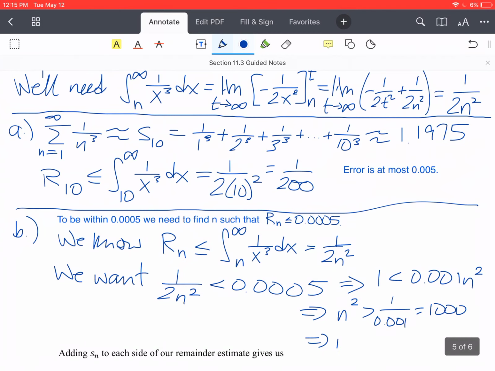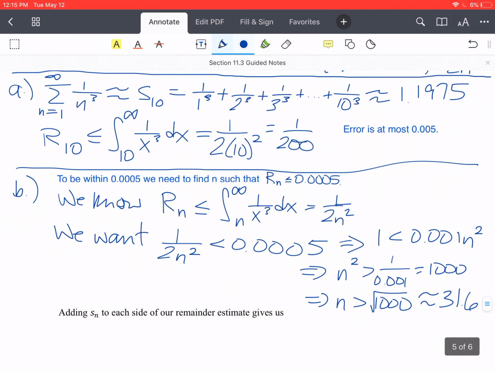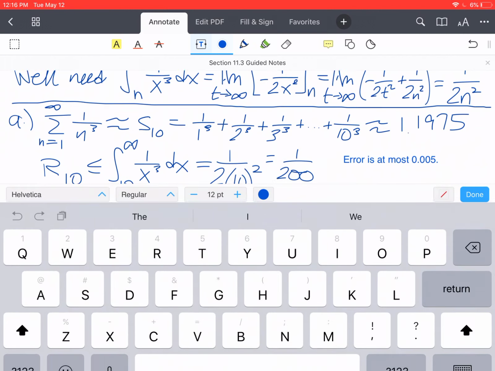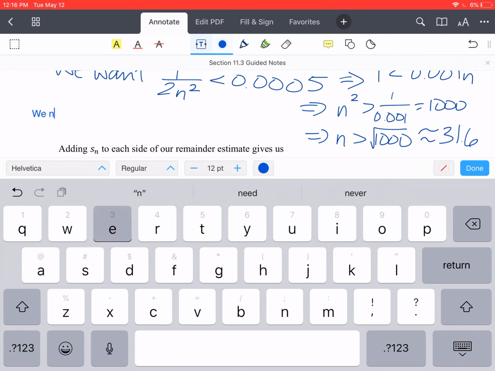So this gives us n is greater than the square root of 1,000. And the square root of 1,000, just to put that into more clear perspective, is 31.6. So we need n to be greater than 31.6 in order to get this level of accuracy, to be within 0.0005. So n needs to be a whole number, so we'll just pick the next whole number, that would be 32. So we need 32 terms